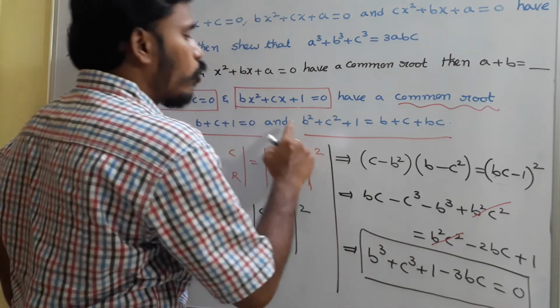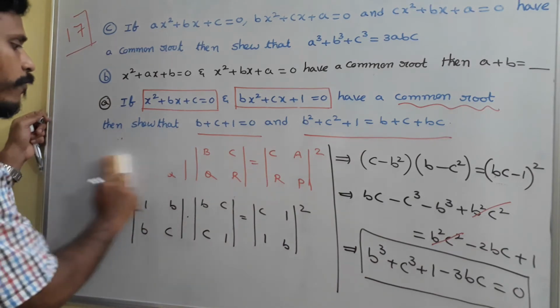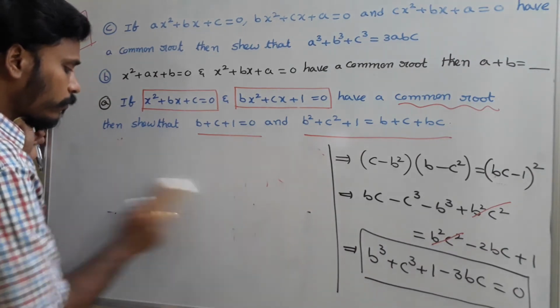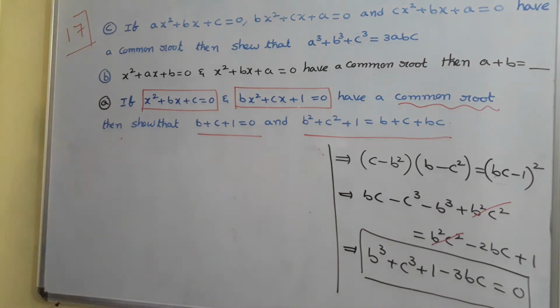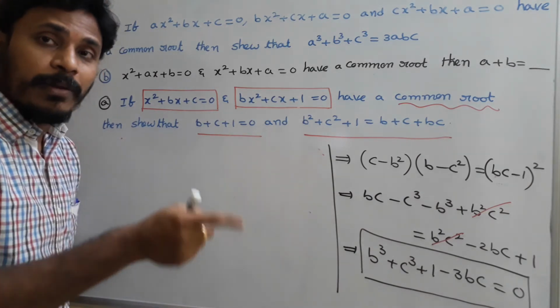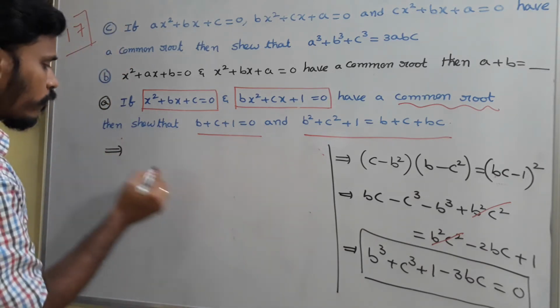Now use this to generate it. It is a simple algebraic way. I think you are all aware of that particular formula. What is that formula? Yeah. a cube plus b cube plus c cube minus 3abc is (a plus b plus c) into (a square plus b square plus c square minus ab minus bc minus ca), like that. So this implies, continuing from there,